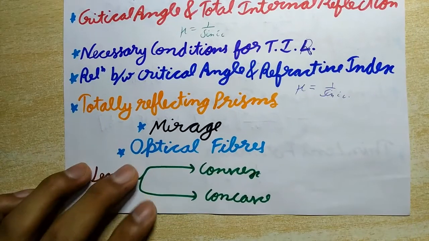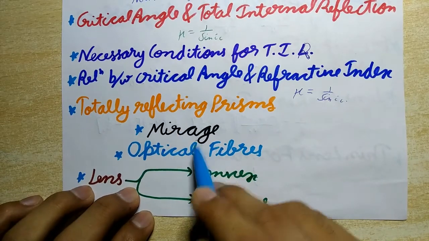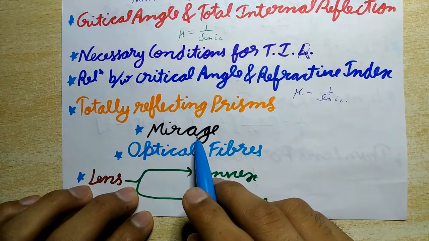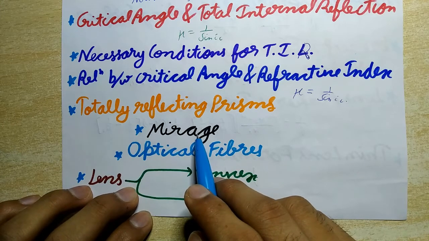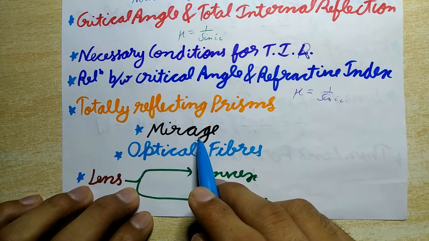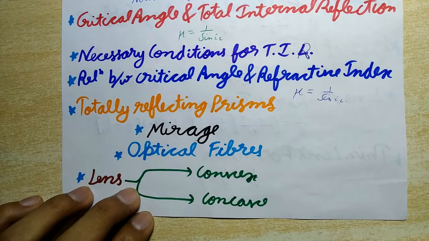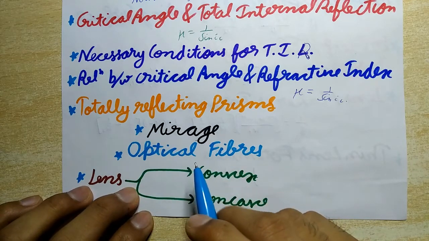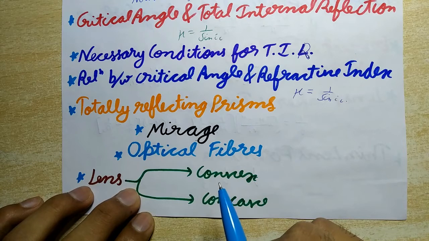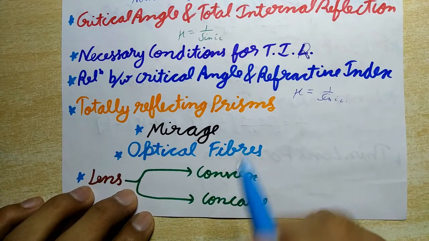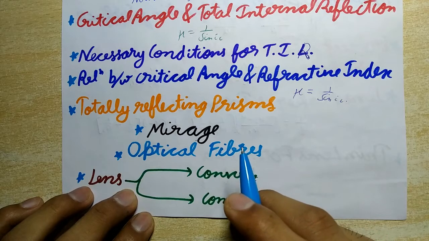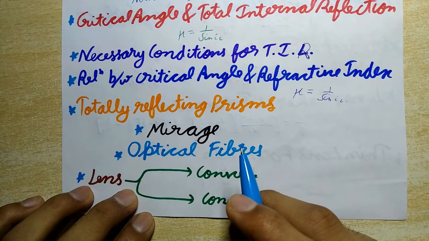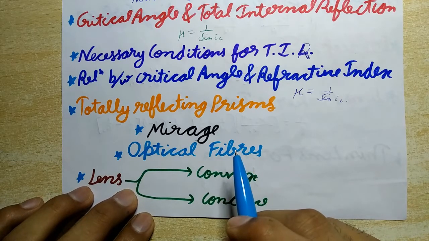Now next is mirage. It is an optical illusion observed in the deserts or over hot extended surfaces like a coal tar road, due to which a traveler sees a shimmering pond of water some distance ahead of him, and in which the surrounding objects like trees etc. appear inverted.